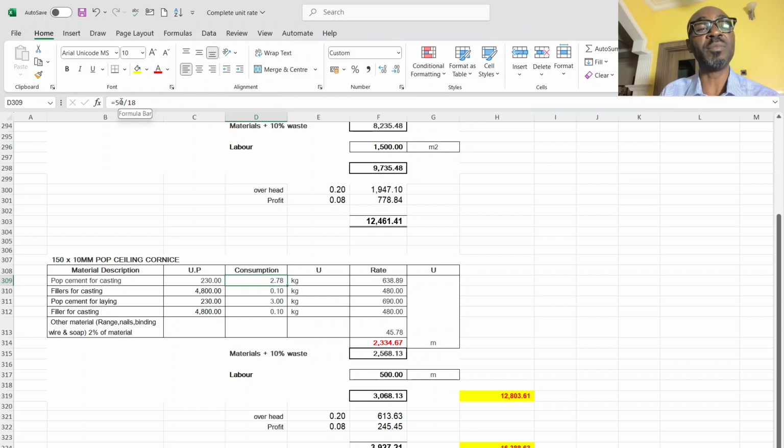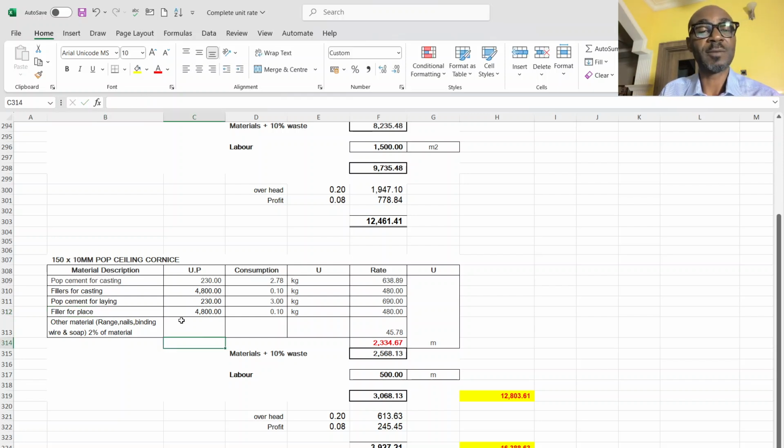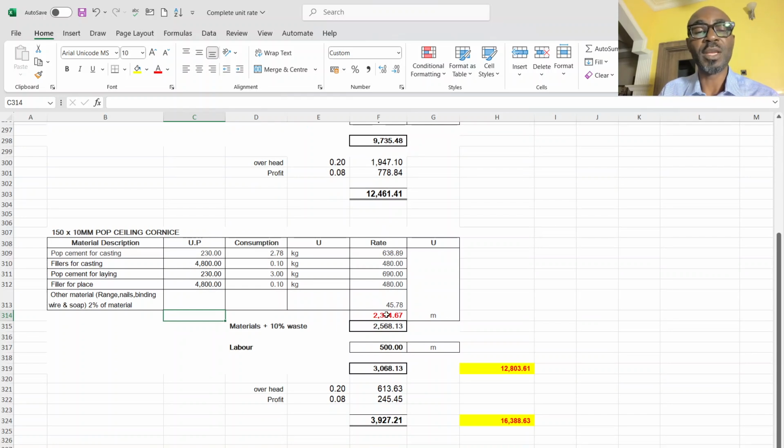You can see I have 50 kg molds 18 meters. 50 kg can mold 18 meters. So if it can mold 18 meters, you now divide 50 by 18 to give you what you are going to mold with 50 kg, and the cost per kg is this. You multiply to get this, and you need 0.1 kg of filler to cast, and you need 0.1 kg of filler to fix, to hang. Then you need 3 kg to place, so by the time you multiply the rate by the consumption ratio, it brings you to